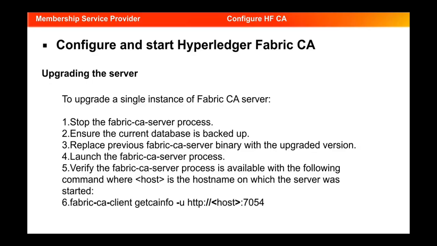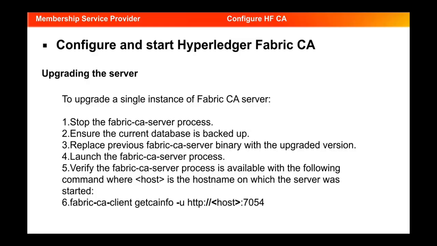To upgrade a single instance of Fabric CA server, you have to follow a certain process. First, you have to stop the Fabric CA server process, and ensure that the backup has been taken for the current database, and replace the previous Fabric CA server binary with the upgraded version. Then you have to launch the Fabric CA server process, and verify that the Fabric CA server process is available with the command